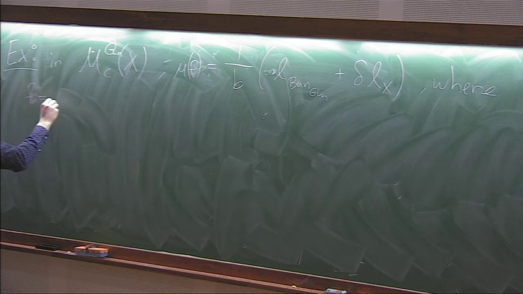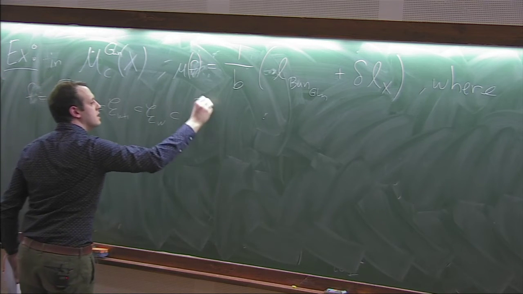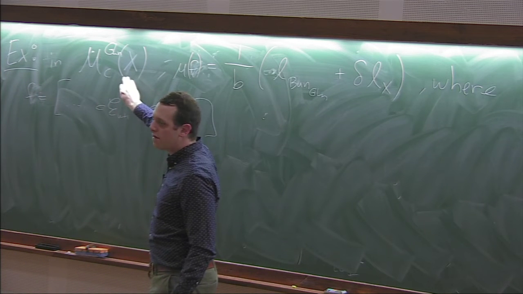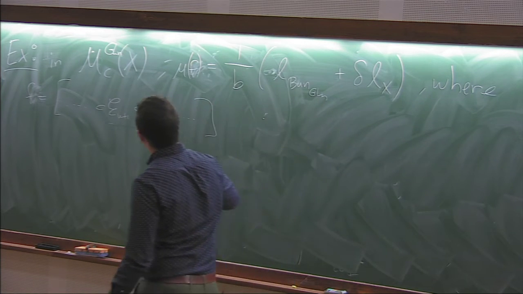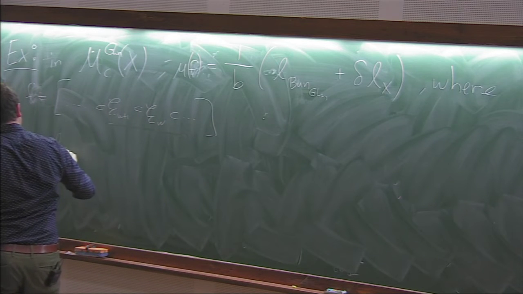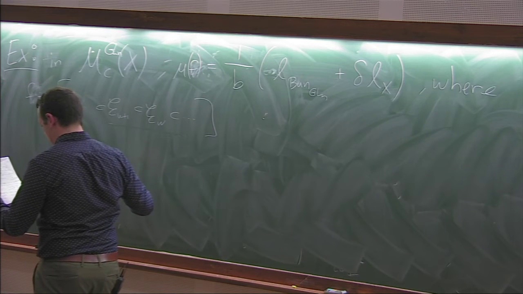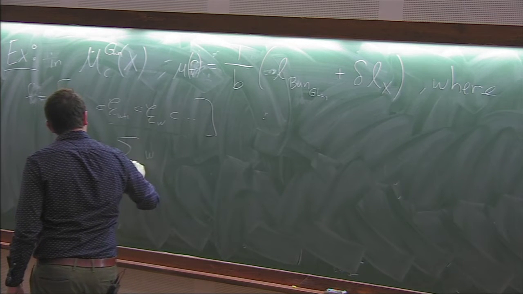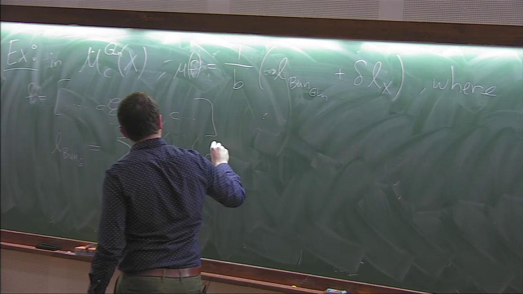If f is the filtration that looks like E_{w+1}, E_w, etc. Remember, going back, a filtration in Bun_GLn of the curve is just a Z-weighted filtration of the underlying vector bundle. So what are these functions here? L of Bun_G in this case is just a number. I think there's a minus sign. Yeah, no, it's just the sum over w in Z of w times the degree of gr^w of E,